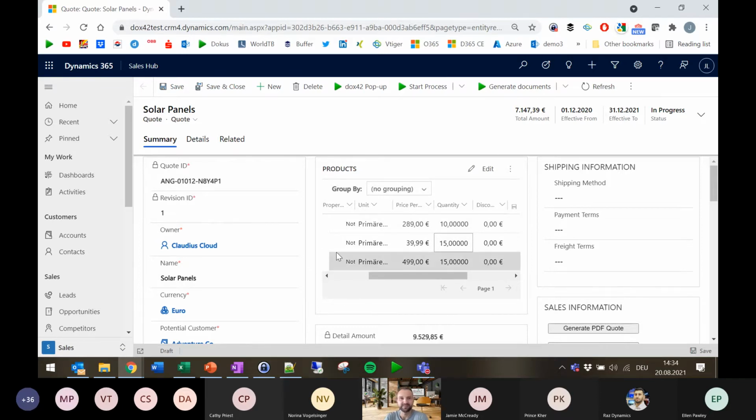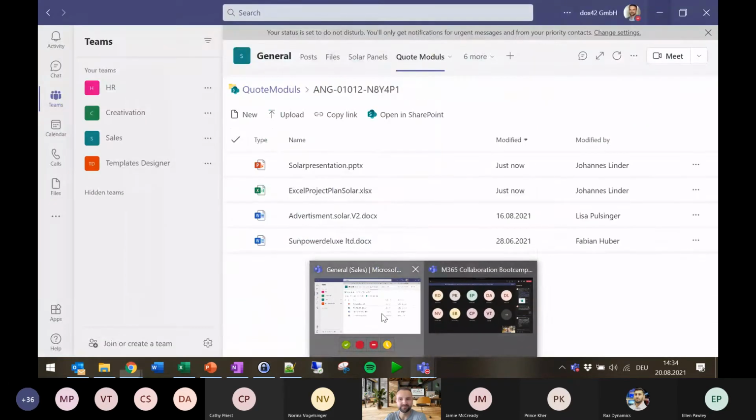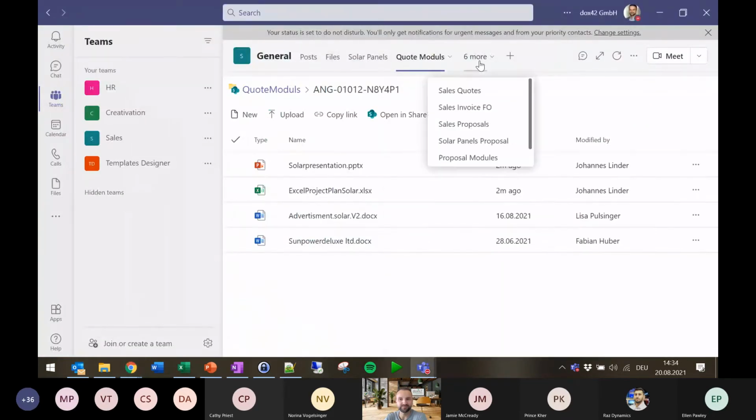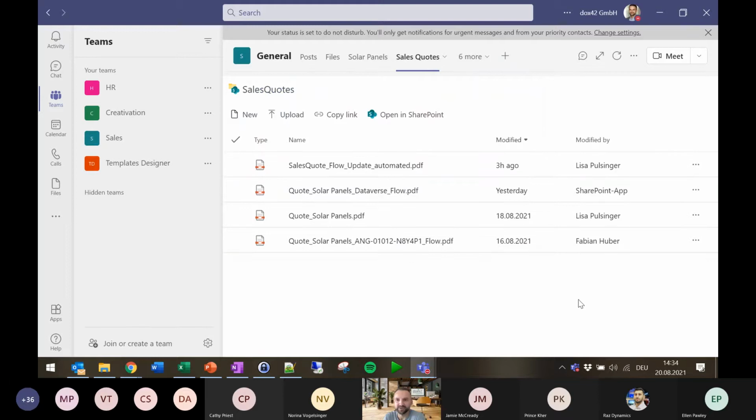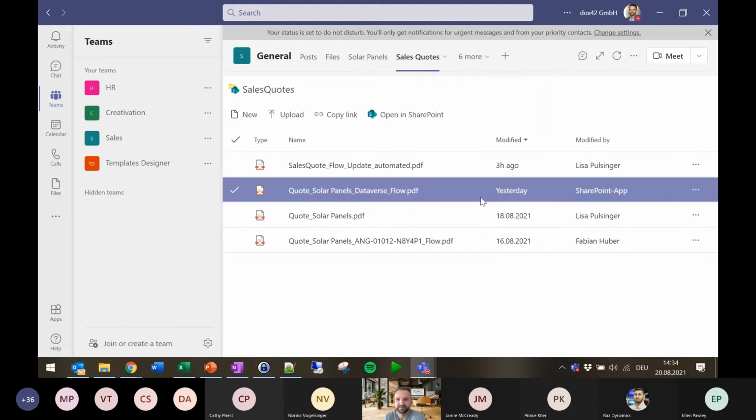That quote again, let's have a look into Teams, is of course part of our sales quotes, where probably is currently still running, but at the end of the day, basically those changes automatically save that document into that library, and do the same thing that we've before done in SharePoint directly. So once again, I'm doing it here.